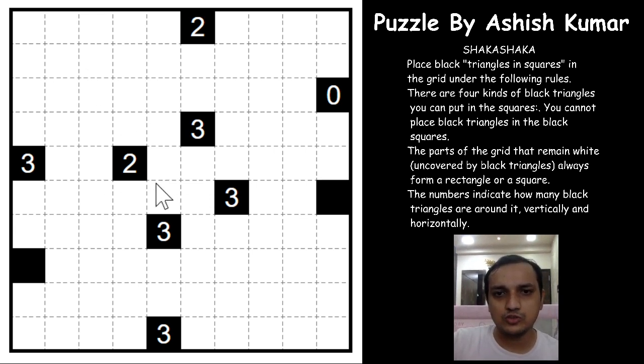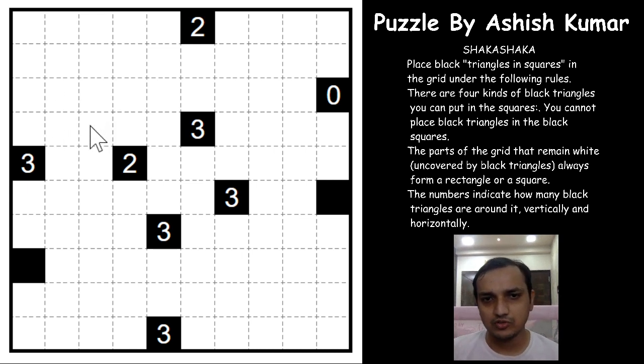So there are four cells for these two, and two cells will have a triangle near to it, and all the white areas. After shading all the cells, the remaining white areas, for example, if this is a triangle, this is a white area, the half area of the cell is still counted a white area. After the whole grid is solved, the whole white area should either be a square or a rectangle. For example, if I shade these four cells, you form a square inside the four triangles. Same way, every white area in this grid after solving the puzzle should either be a rectangle or a square. So let's get into the puzzle.